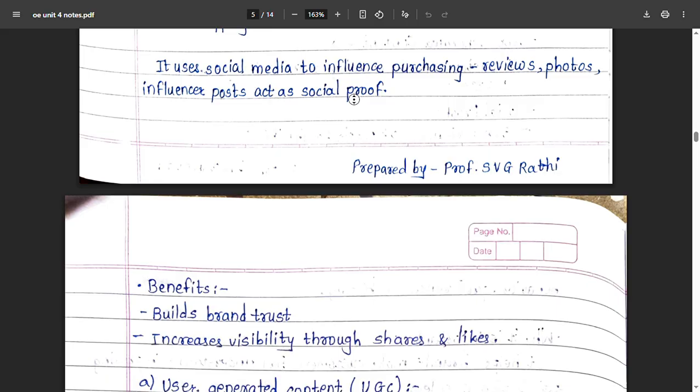So it engages more, and other customers can make buying decisions faster because of that.